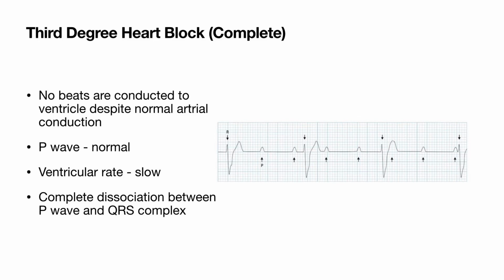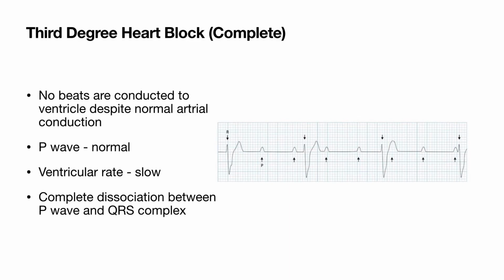Summary is, if you see P waves occurring regularly at a faster rate and QRS complexes occurring regularly at an independent slow rate, then it is total heart block with ventricular rhythm. So in complete heart block, there is no conduction from atria to ventricles and each beats at its own rhythm. Going into details, third degree AV block may have ventricular rhythm or a nodal rhythm.